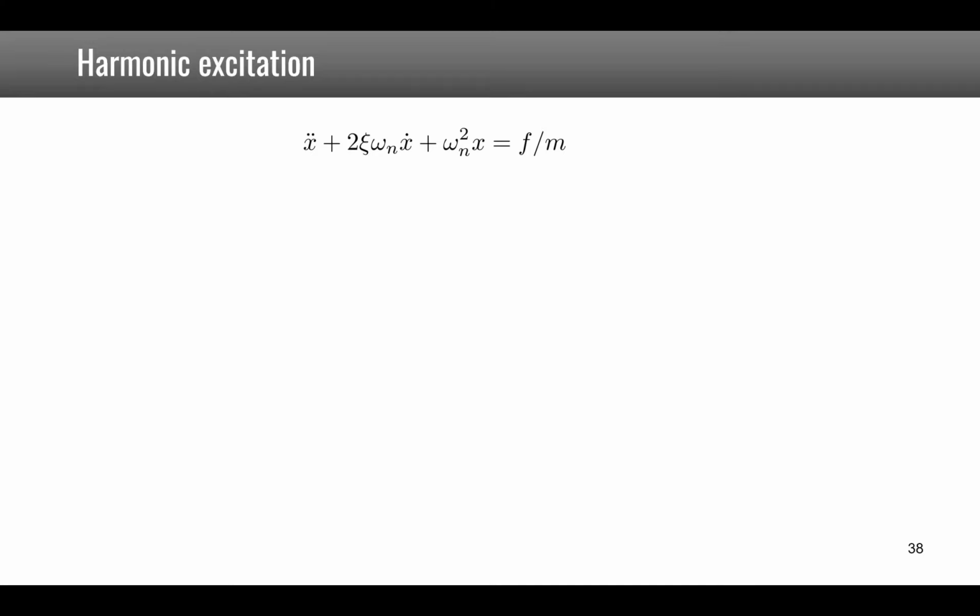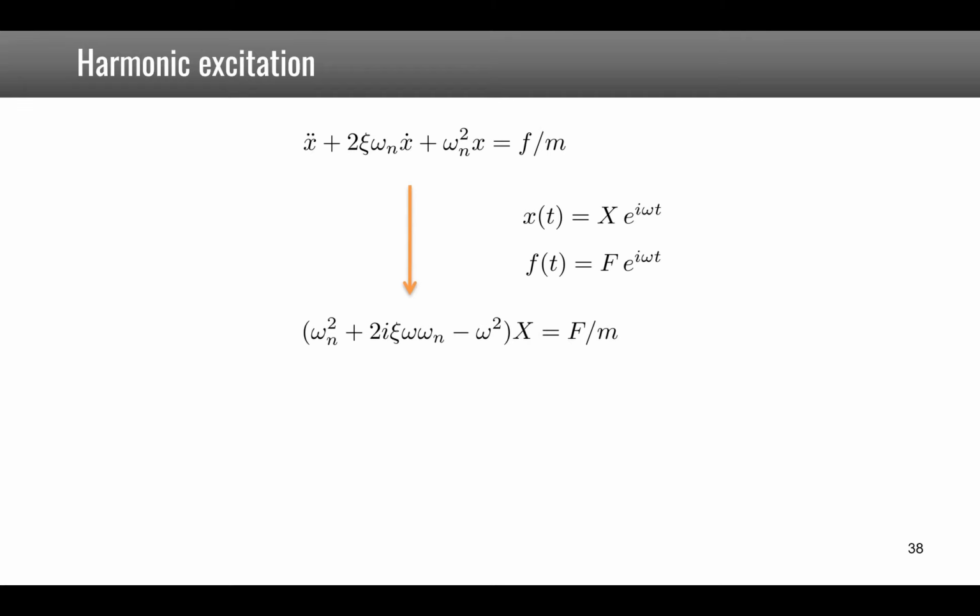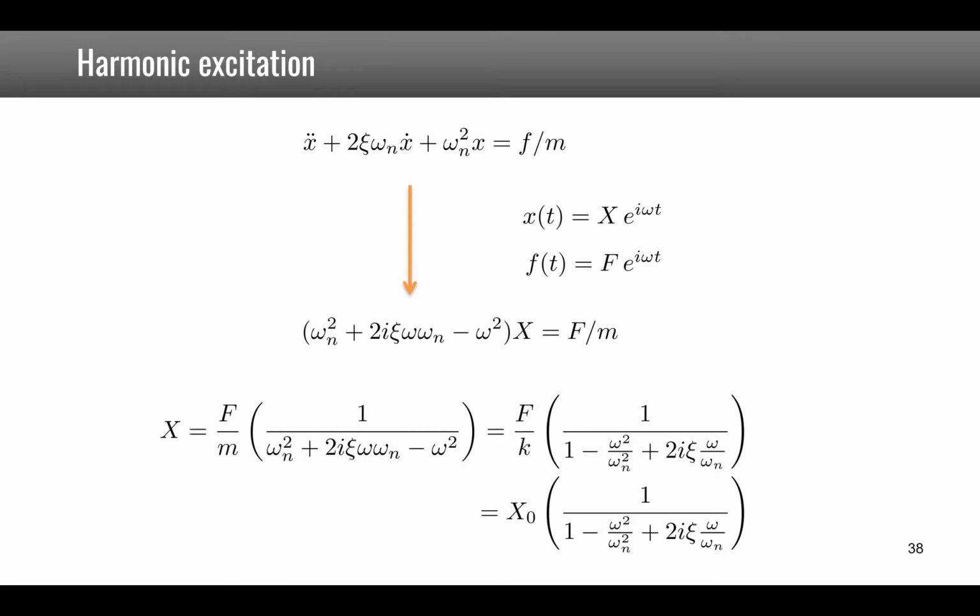Now let's look at harmonic excitation. We make again the hypothesis that x of t and f of t can be expressed as a complex number times a function of time, which is e to the power of i omega t, and we replace in the equation of motion. Then we solve for x, and this gives us the following expression,